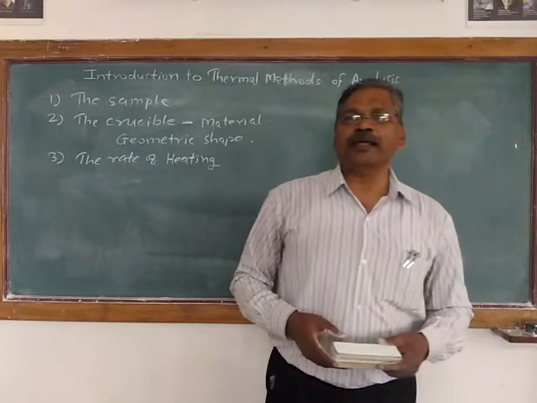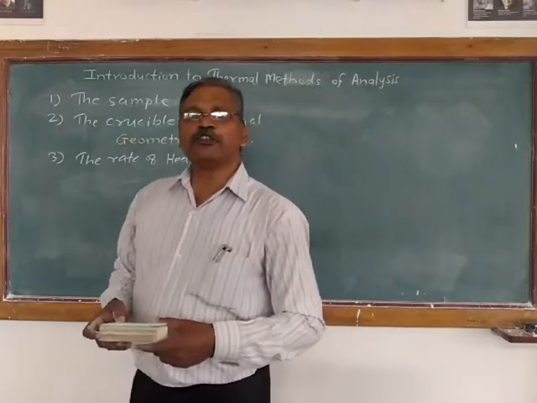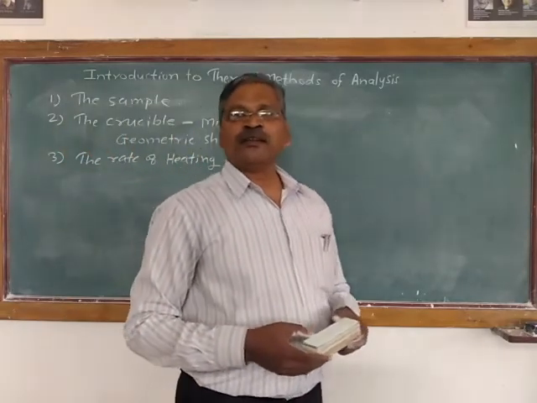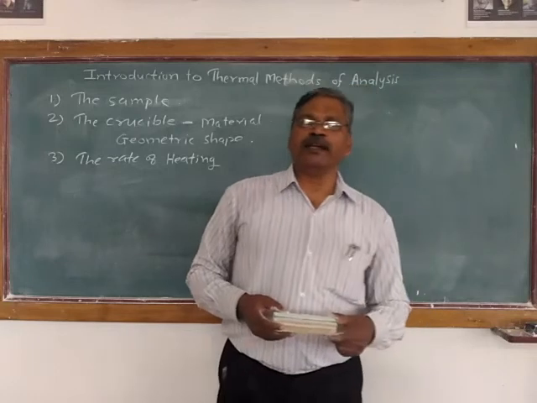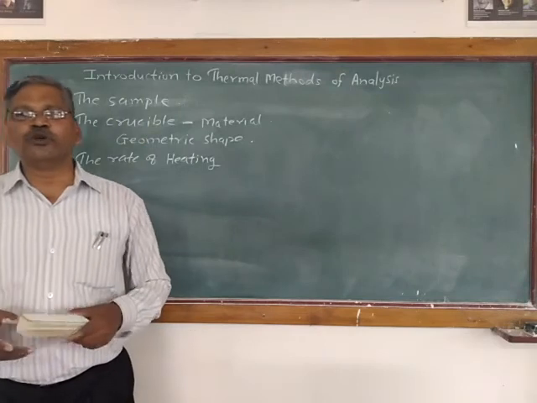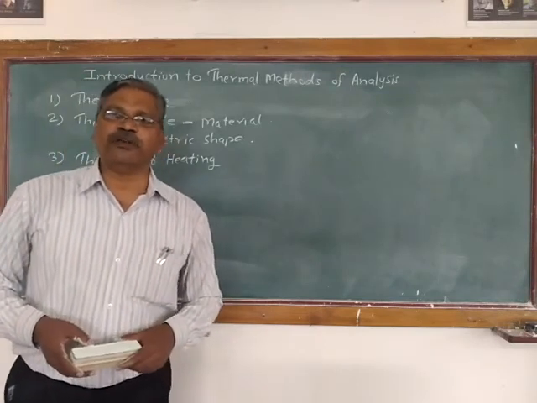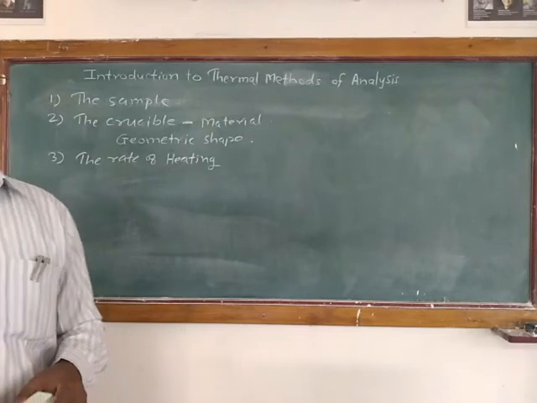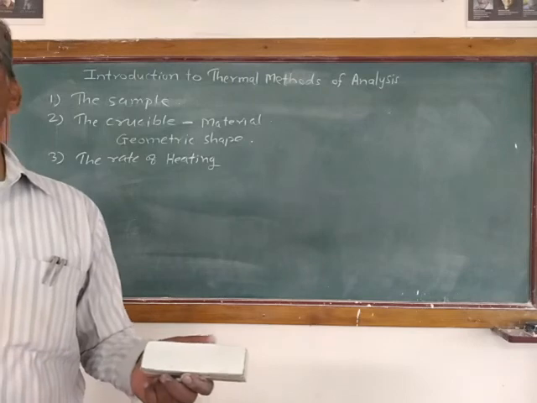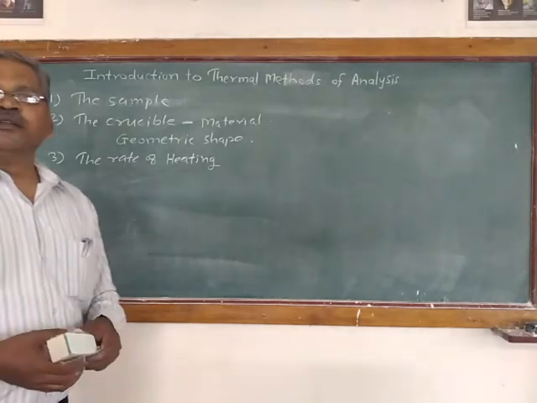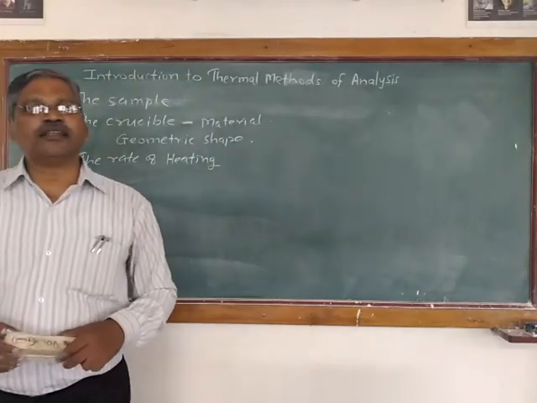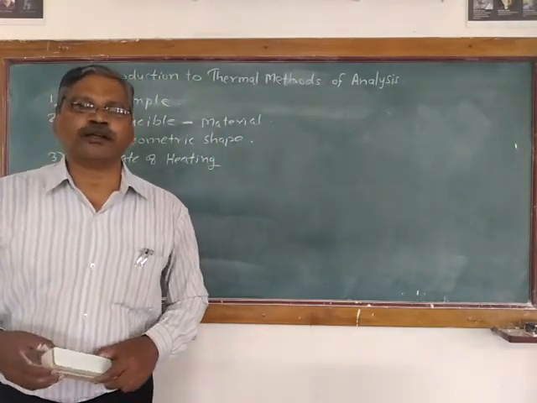Then a stage will come where the sample is held at the same temperature for about 10 minutes. That will be the isothermal heating of the sample at 300 degrees Celsius. Then one can cool the sample at 5 Kelvin per minute to room temperature. So in this way, the heating rate can change while you perform the experiment. The remaining factors which affect the thermal analysis curve we will see in our next video.